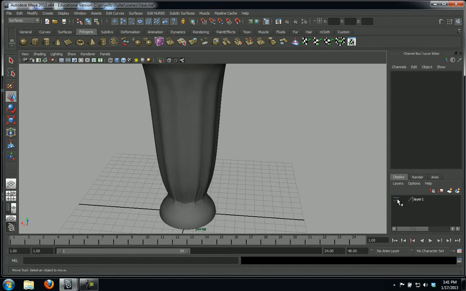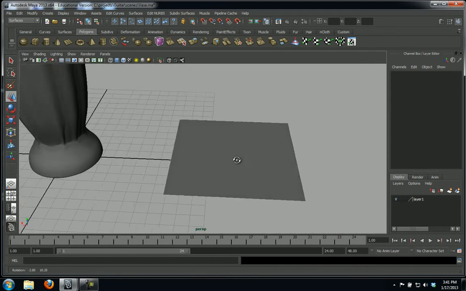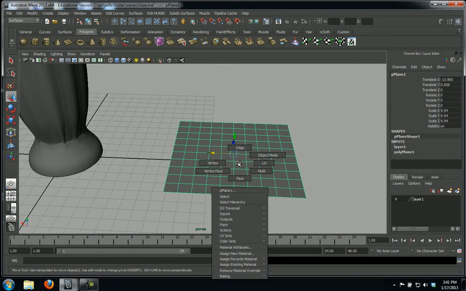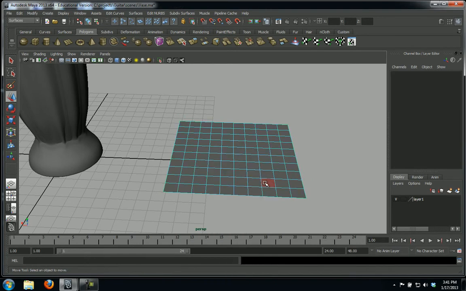So I'm going to show you a little trick here. I have just a polyplane, and I'm going to go to face mode here so I can select the faces. So I'm just going to select one face. And instead of selecting all these faces one at a time like that, which can take some time,